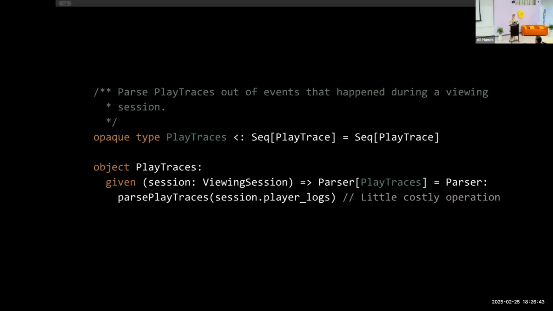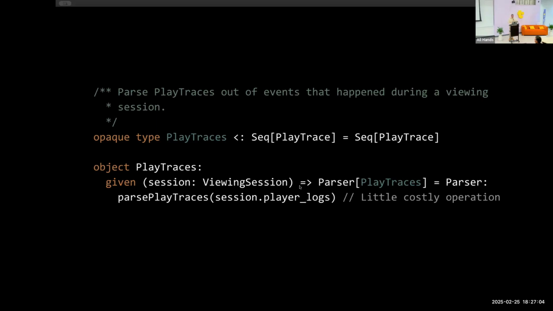You can do, like, give me the first one. Yeah, it's an actual sequence. And then we create a companion object to that opaque type, and we declare a given in there, which will be a parser of play traces. So parser is our way to calculate the measure.